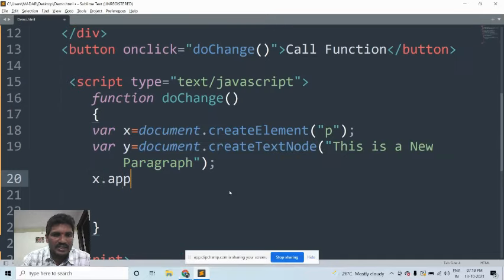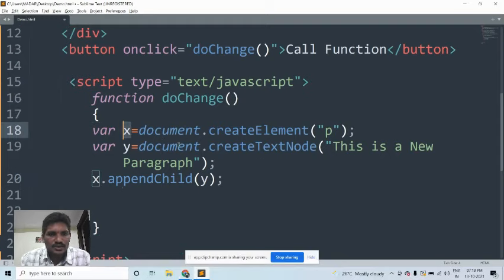So x dot appendChild of y. In this syntax, y is the text node, and x is the element node, because the text node should be appended to the element node.